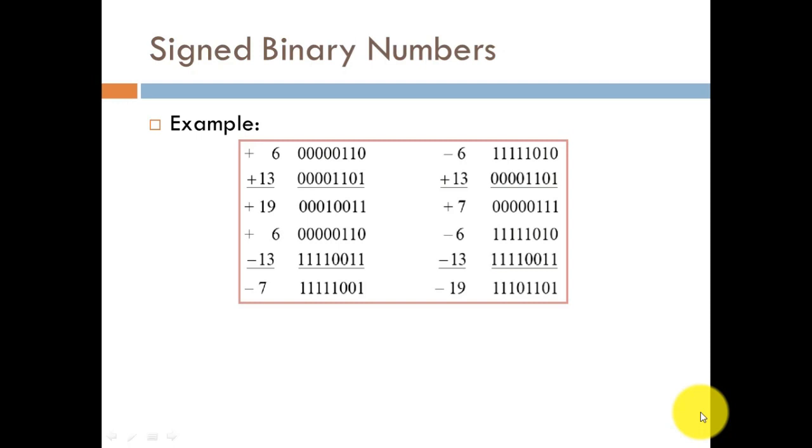So 1 plus 0 plus 1, that is, we obtain 1. 1 plus 0, that is again 1. 1 plus 0, 1 plus 1, that is 0, carry 1. 1 plus 1, again 0, carry 1. So we will be having this 1, and for the rest of the other bits, 0 plus 0 will be having 0, then this 0 plus 0 will be having this 0, and again this 0 plus 0 will be having this 0.